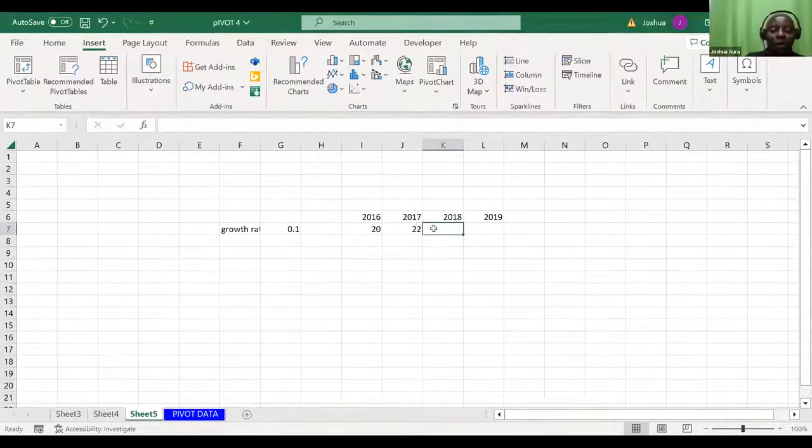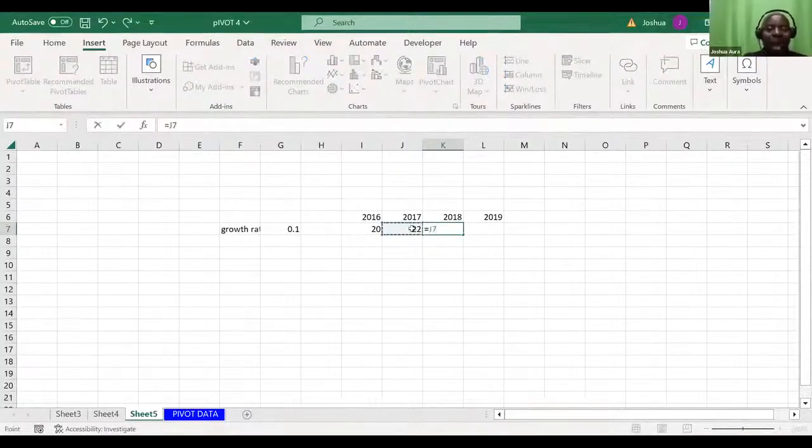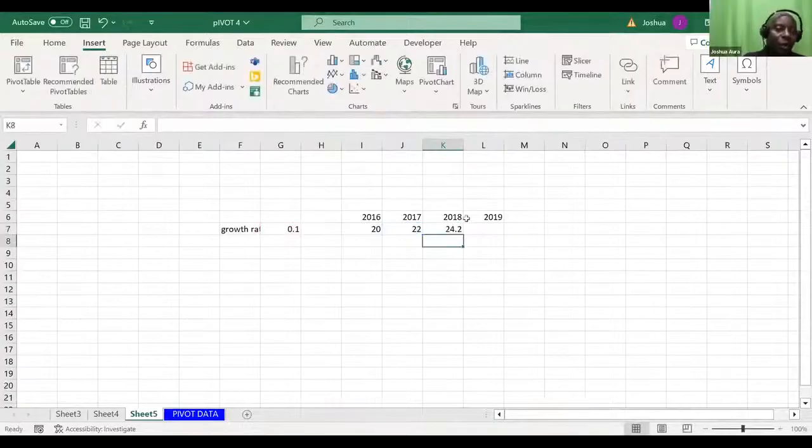So I'll say equals, I pick 22, I say times, I open brackets, I say 1 plus R. Do you remember the 1 plus R? The R is the same, the growth rate. You close bracket, you enter. What are we getting? 24.2.